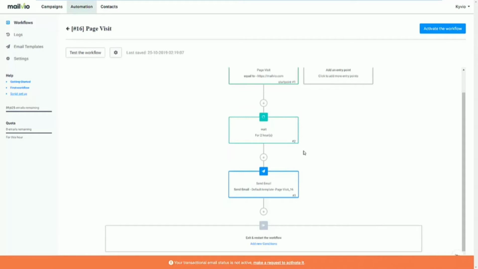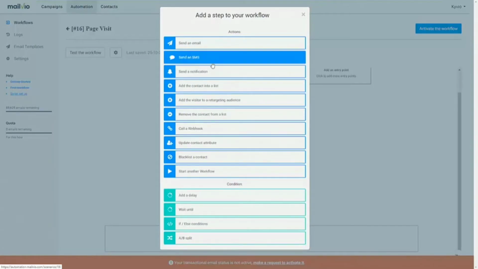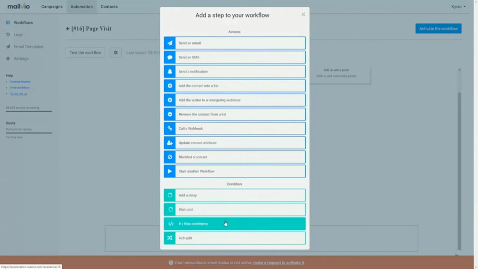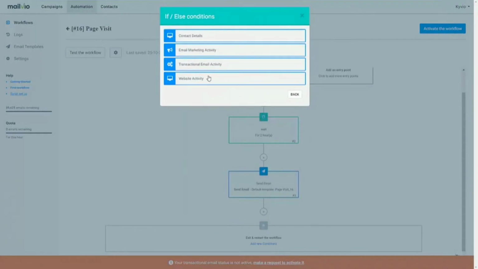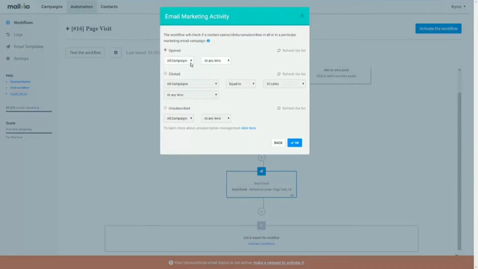But what if we wanted to check for more things, right? So what if we were selling something, but we don't want to automatically mail someone who already has access to it, who is already in a different list? What we could do here is add a new condition. So let's say we could add a new condition which says if else. So let's say if we go to email marketing activity in this case, I could choose if this particular customer has opened an email,